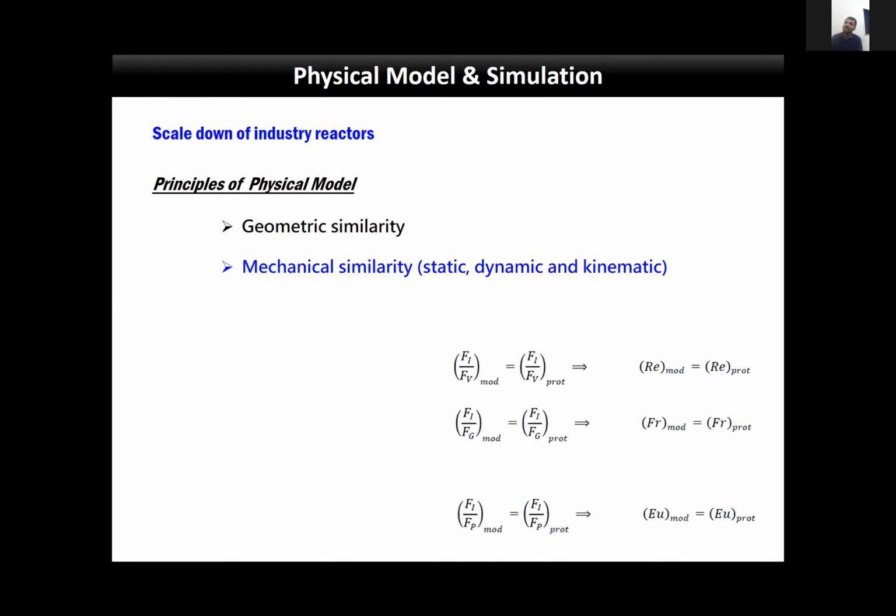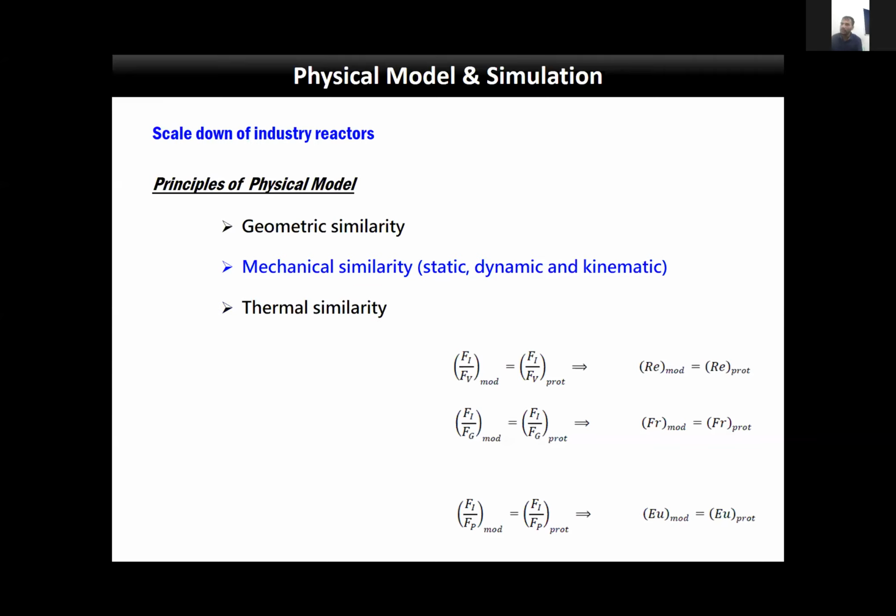And another thing is the kinematic similarity, which comes by selecting a proper simulant. In your model, water can be a simulant for steel, oil can be a simulant for slag. By maintaining the kinematic viscosity, for example, the kinematic viscosity of liquid steel at 1600 degrees Celsius is almost equal to the kinematic viscosity of water at room temperature. So what does it say? The fluid flow that you generate by maintaining the forces will be more or less similar, because that is induced by the kinematic viscosity. So mostly it is a viscous force that is inducing this flow, which will be more or less similar. So by selecting proper simulants, you can maintain this geometrical similarity and mechanical similarity.